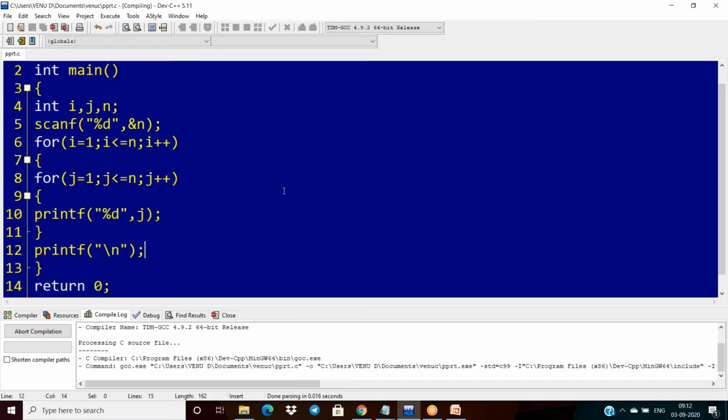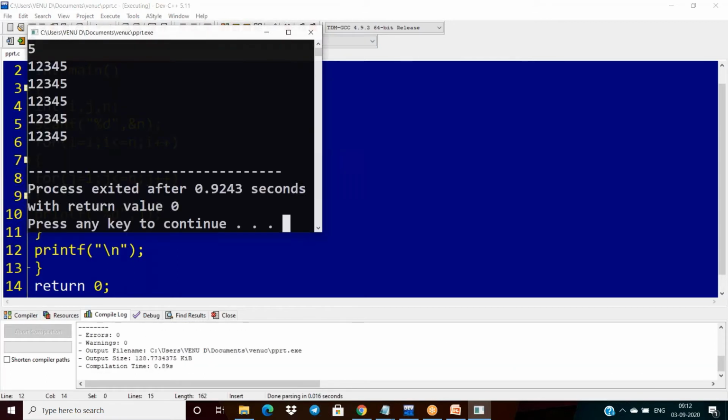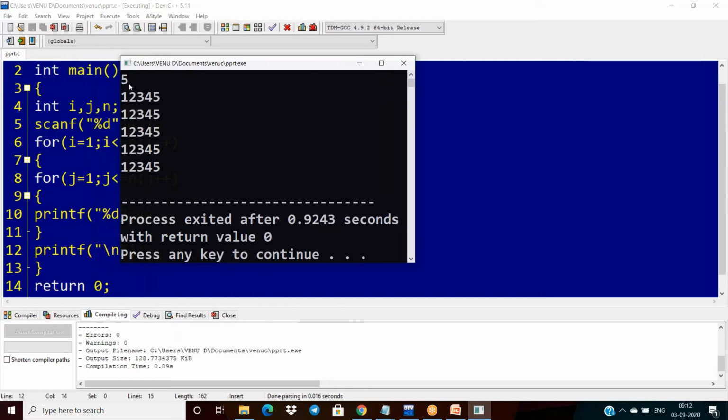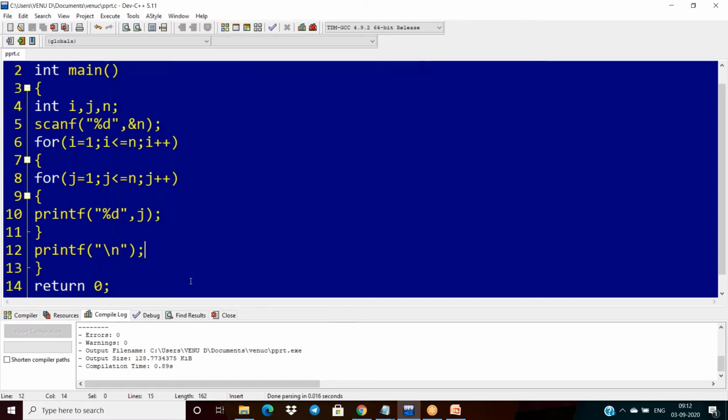Now see the execution. If I am giving 5, then I am getting 1 2 3 4 5 printed 5 times. Otherwise, I want to give some space between the numbers, so after %d, give some space.